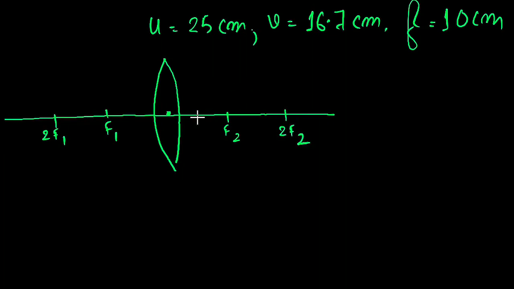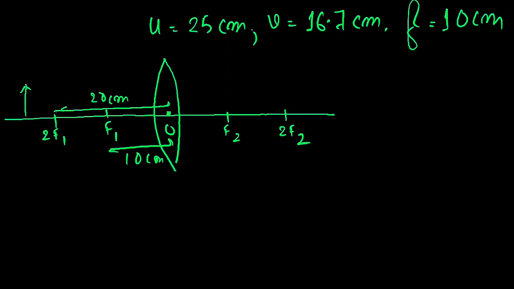So what is the focal length? That is OF1, which is nothing but 10 centimeter. So this distance from here to here is going to be how much? 20 centimeter, right? So where will be the image? If the distance between F1 and twice F1 is 10 centimeter, so 25 centimeter will be how much? This is going to be the 25 centimeter because we went beyond twice F1. From the object position, we can say the image should have formed between F2 and twice F2, we will check that.